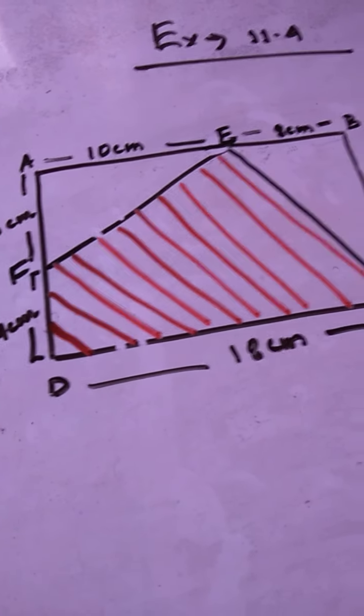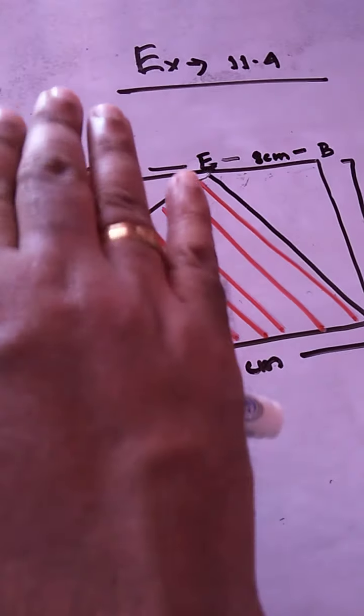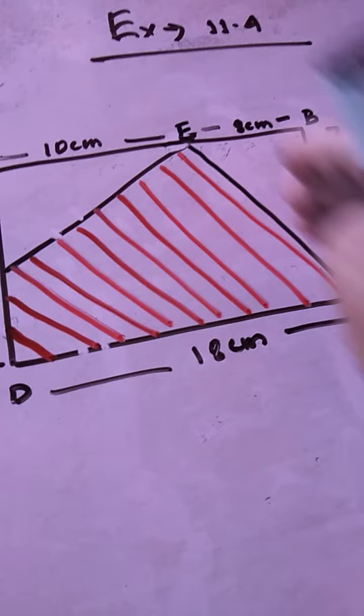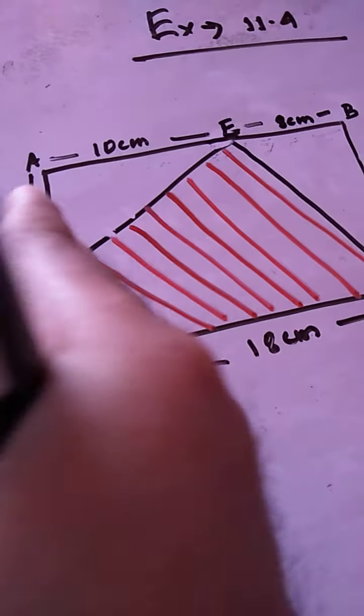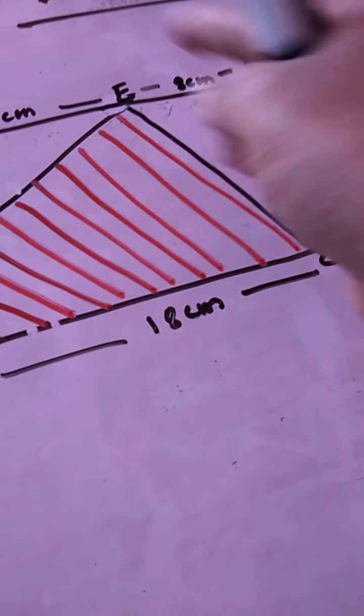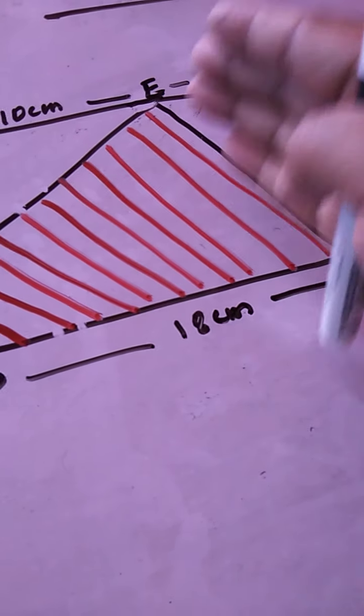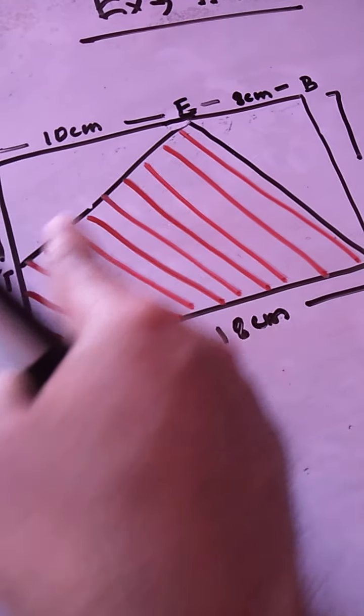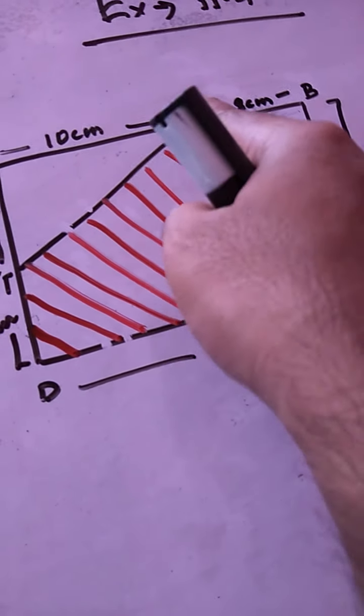Okay. Now, how to get this? Suppose this is a piece of a cake and I am asking you to get this particular piece, how will you get it? You will take this piece out and also cut this piece out. These two triangles you will cut off, and this triangle also you will cut off. In that way, this part will be the remaining part.